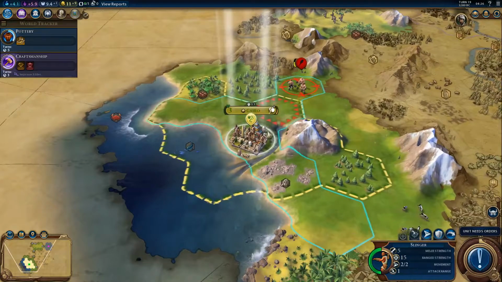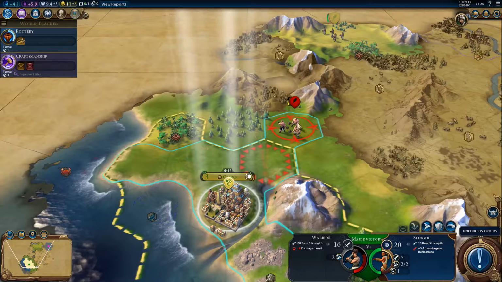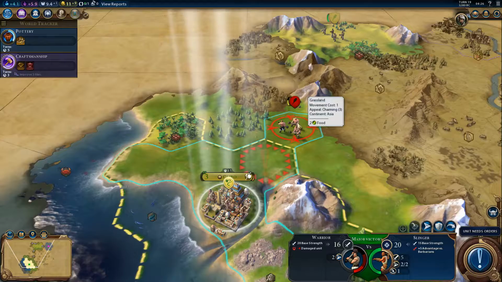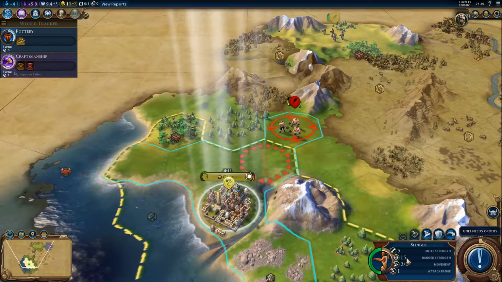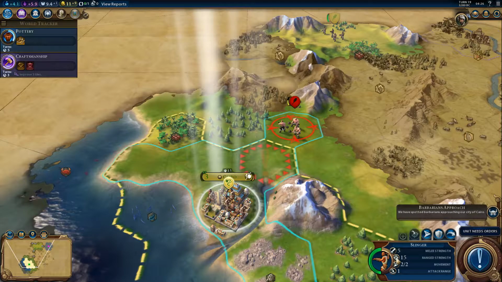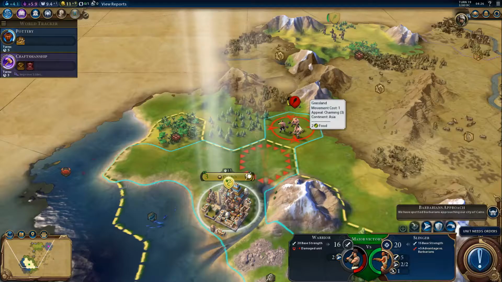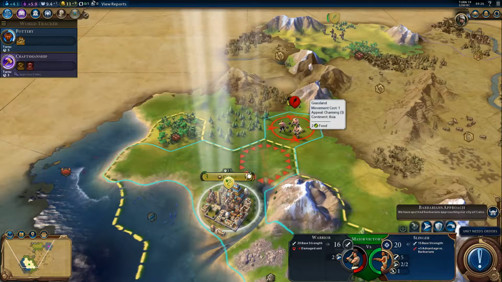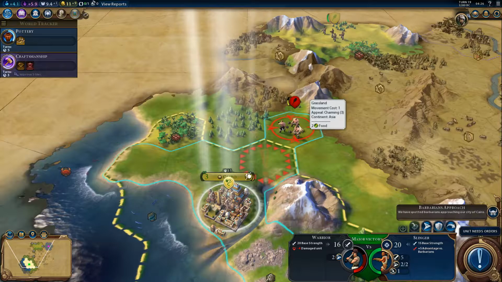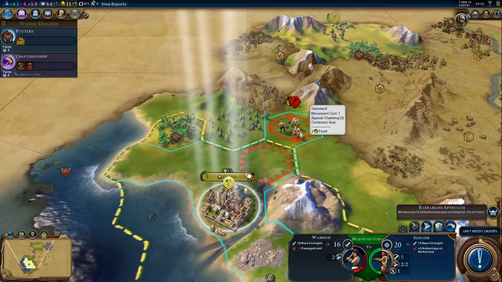Okay. Now the Barbarian is here. If we were to attack it, we have a 15 combat strength at range, and 5 in melee, so it's going to do a lot better against us than we're going to do against it. But it's also damaged. So